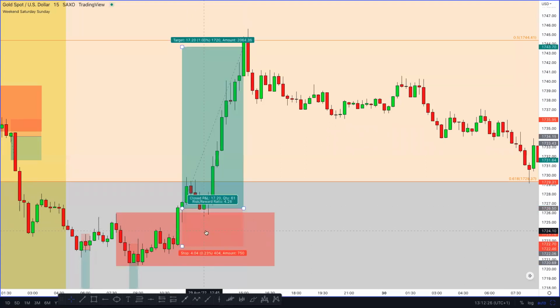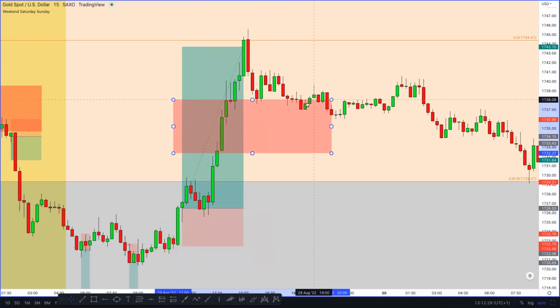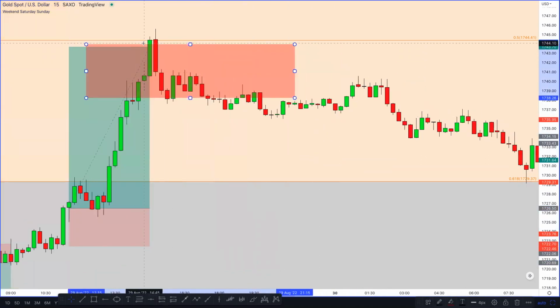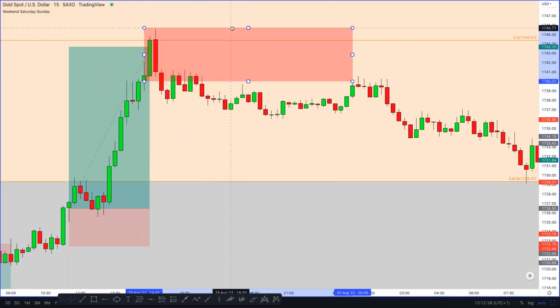Okay, so now let's hit up this. Let's keep that there for now. And now let's move this box over here. So now this box is all the way up here. Again, we've got to wait for our swing high and swing low. So we can obviously see our swing high is up here, people, and our swing low is all the way down here.